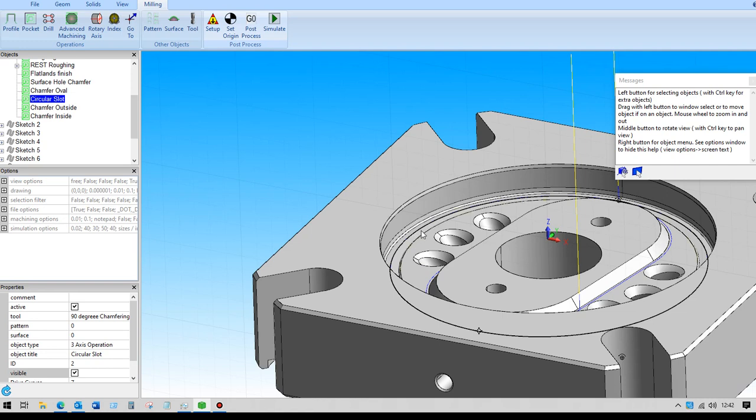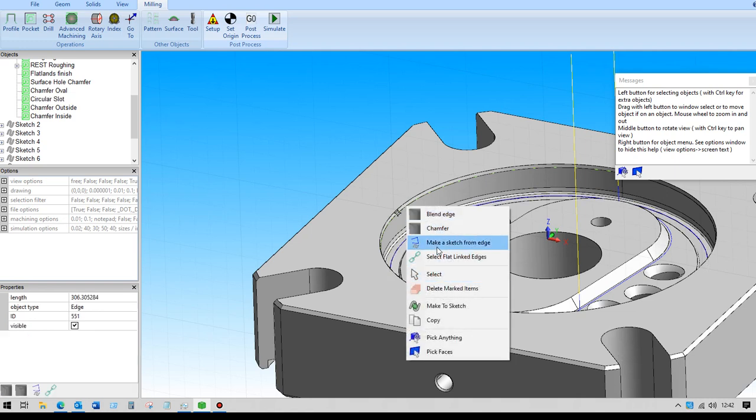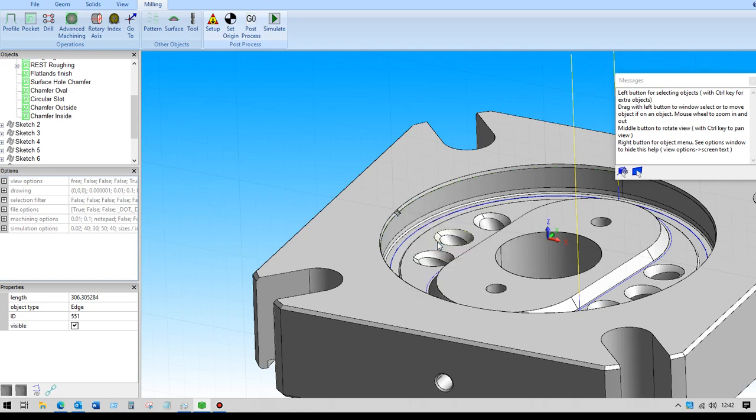So I chose to create the profile. I used the option right click and pick edges, and then you can pick up the individual edges, and then when you're doing that you can create a sketch from that,